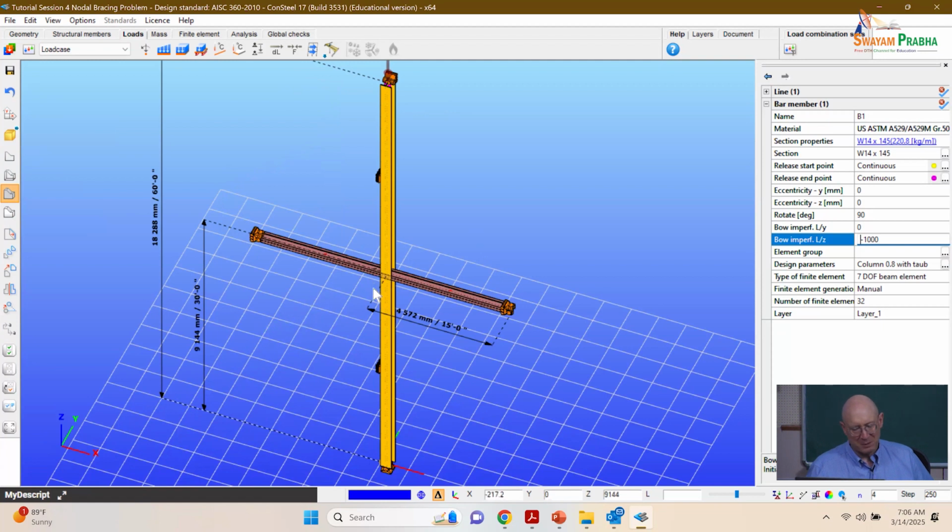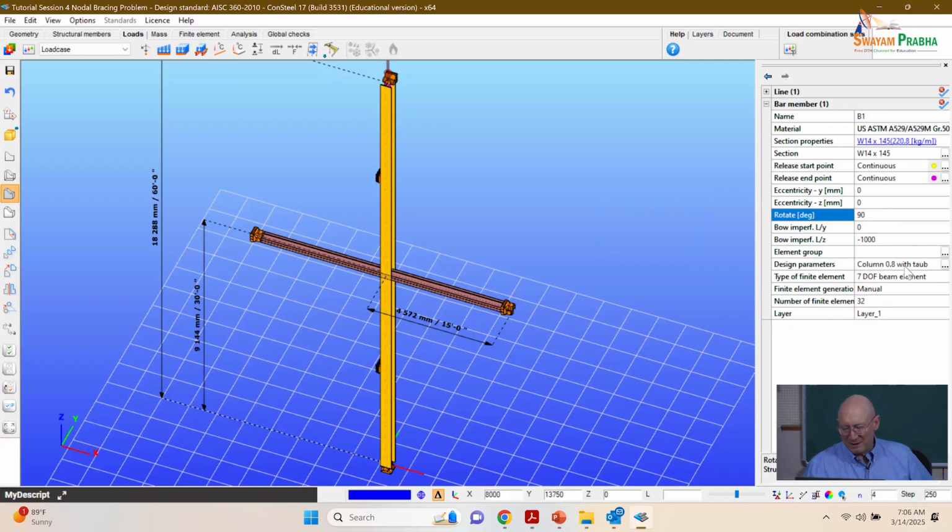Actually, no, I think it's going to be positive y. So I think it's a local thing going on there with that negative number. Notice the other thing is, from the default, we had to rotate that column by 90 degrees in order to put it in major axis bending in the direction we've got it. Okay? All right, so now